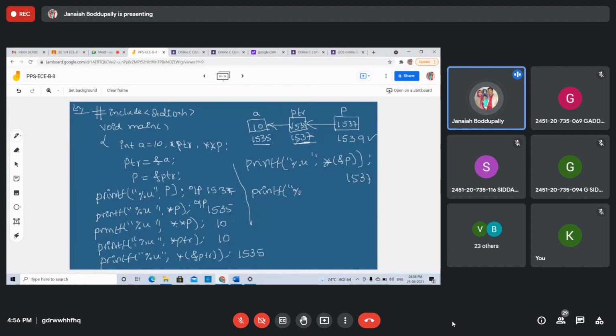Printf %u star ampersand p. We will take up to 2 stars; taking 3 is difficult, because it is only a declaration, only pointer of pointer, pointer to pointer. Now tell me what is the output. Ampersand p is this one, 1539. The address at that is 1537. What is the value in 1537 once more? Tell me the answer, star ampersand p.